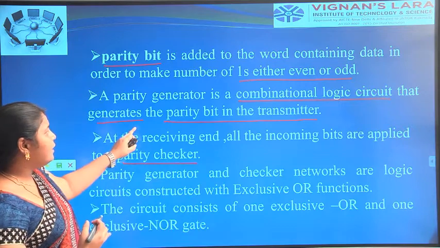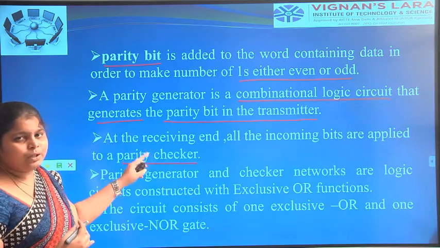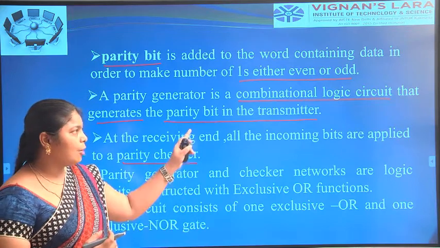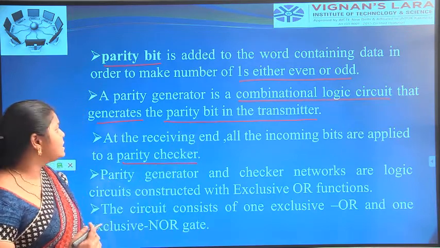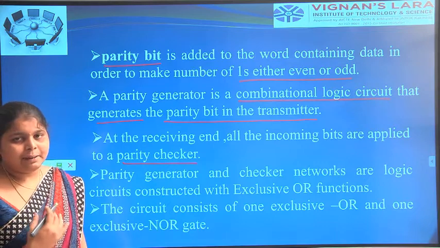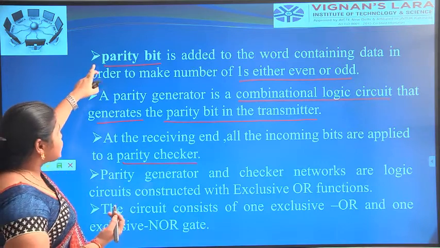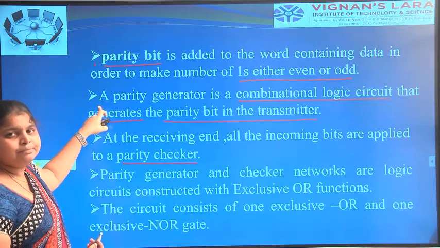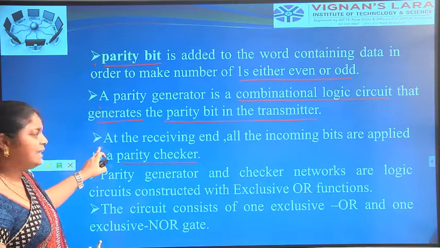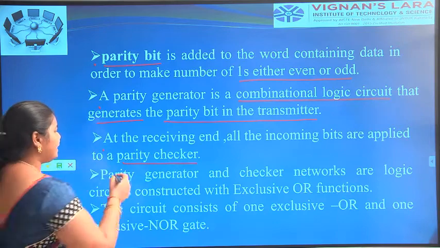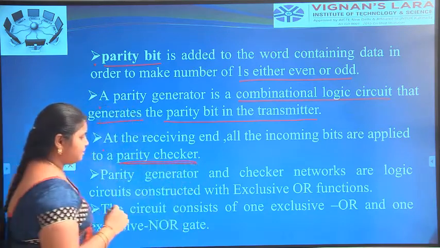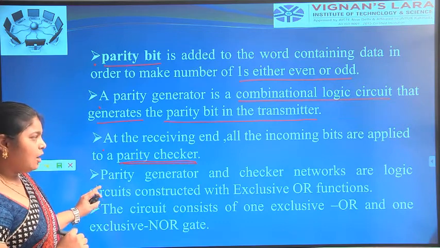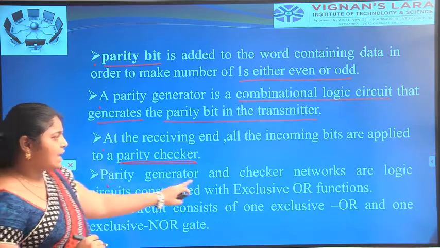In the generator, we combine the input and output in combinational logical circuits for the generation of the parity bit in transmission. The original message starts with the parity bit, then the message is generated in the parity generator, and at the end the receiver has the parity checker. Parity generator and checker are the networks.